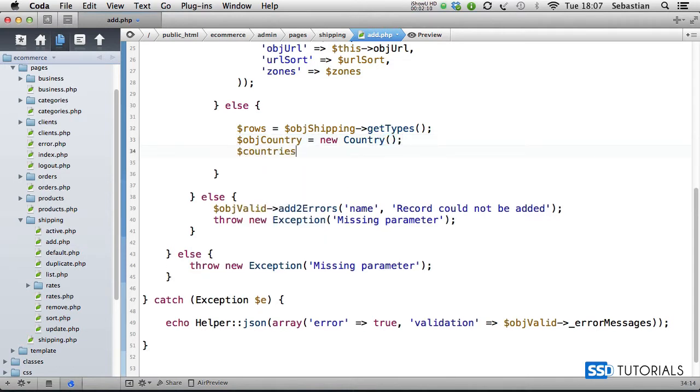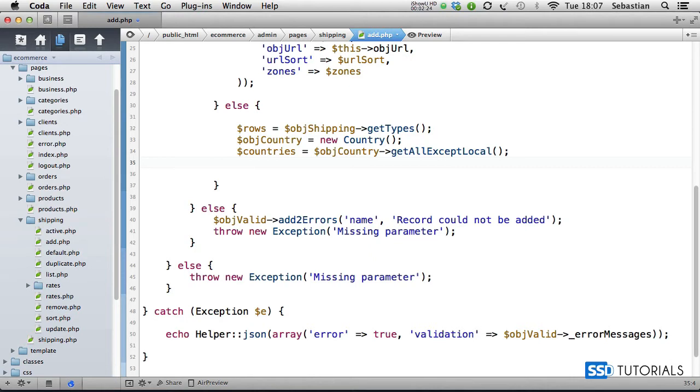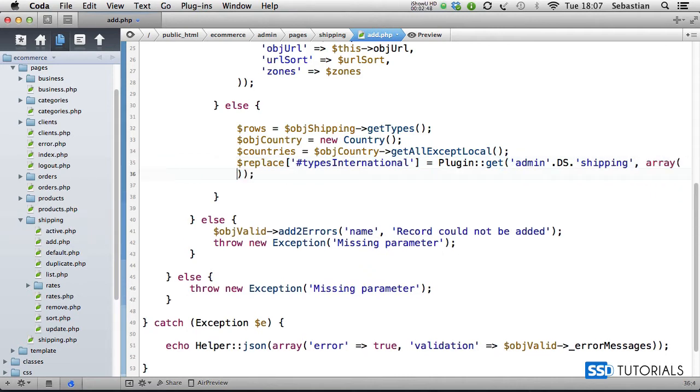and countries equals object country, and we're looking for the get all except local method which we've created earlier inside of this country class. And then we go for the replacement again, replace, and we're looking for the element types international equals plugin, and we're getting the same plugin as before, admin, concatenating with directory separator shipping, then array, and if we put it on a new line